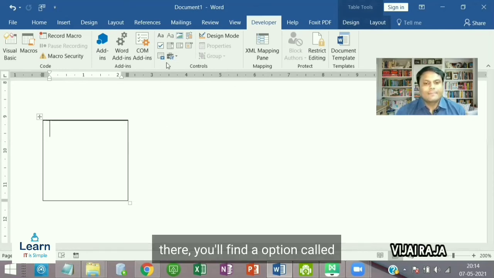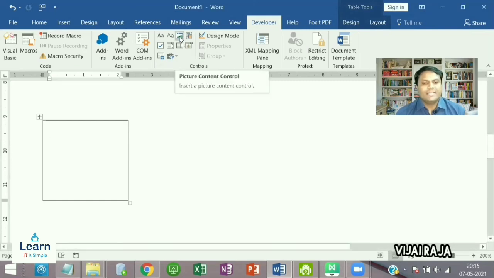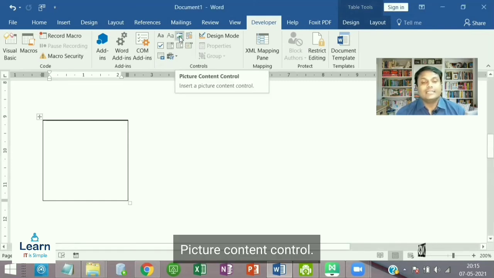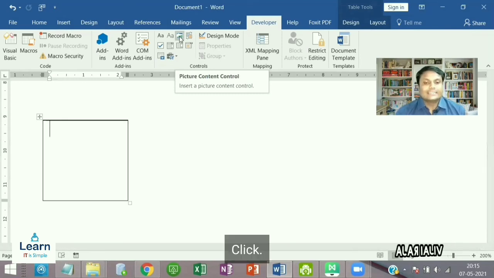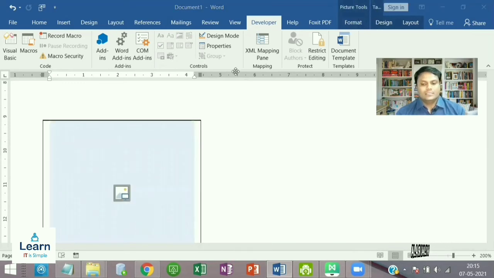There you find an option called picture content control. Click here. Okay. The image placeholder will create.